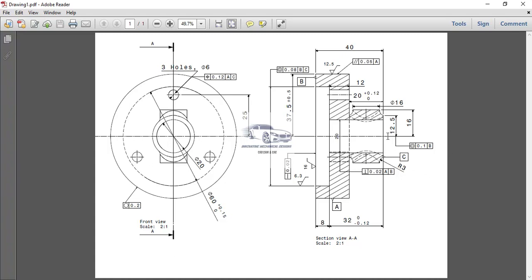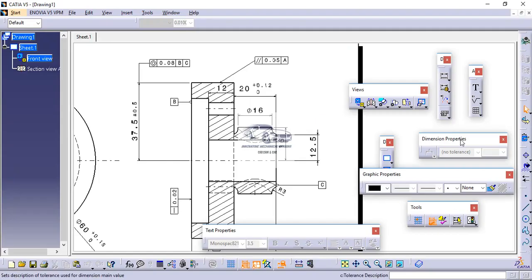Next we have again the same, this concentricity of this particular 12.5 or 25 mm diameter profile with respect to datum B. So again I will go to geometrical tolerance.